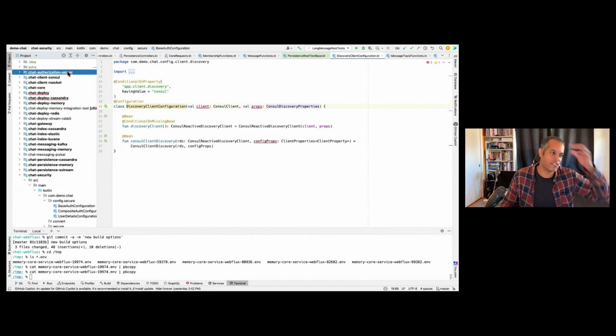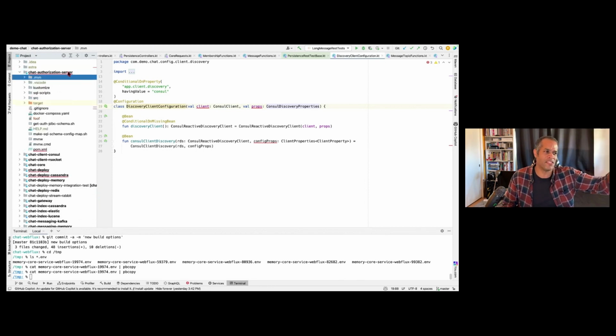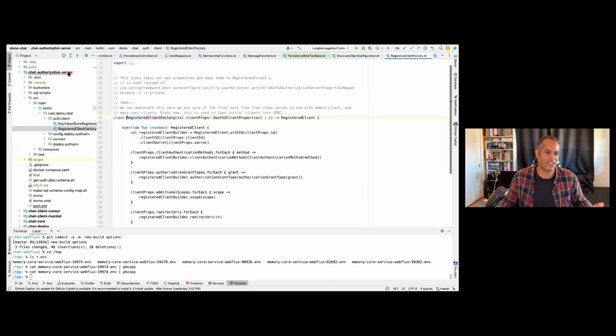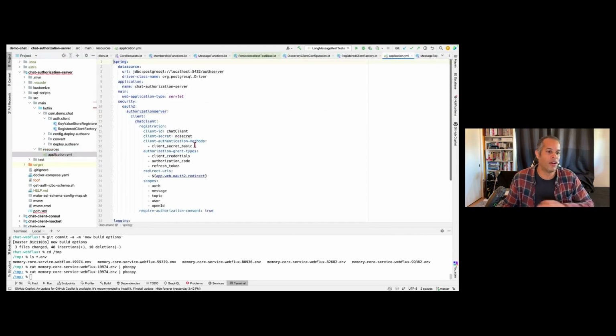I just learned this. Josh Long was talking to me about the authorization server the other day, and I said, yeah, I don't know how to use that thing. That thing is like, it's Greek, but it's not. It's actually super duper, ultimately, holy moly, easy. Just plug in a JDBC server for your authorization server, for instance, and it works. Holy moly, I did not know it was this easy.